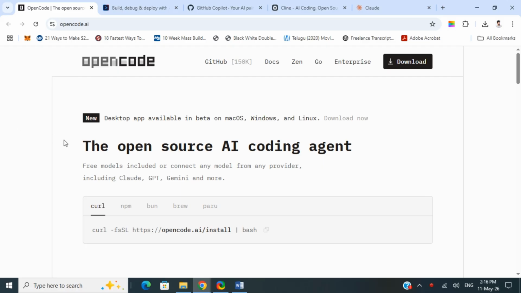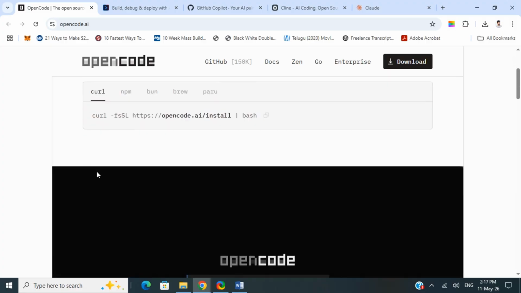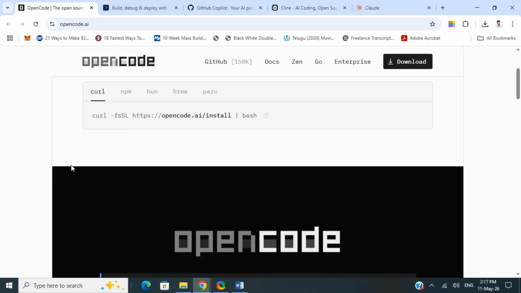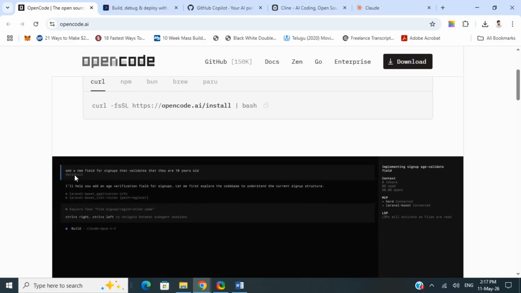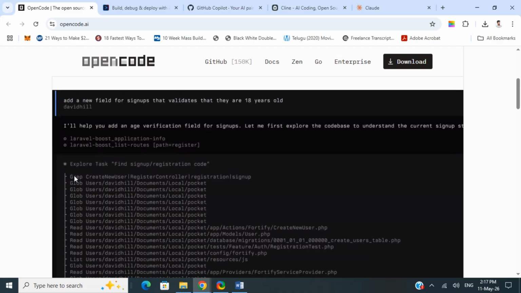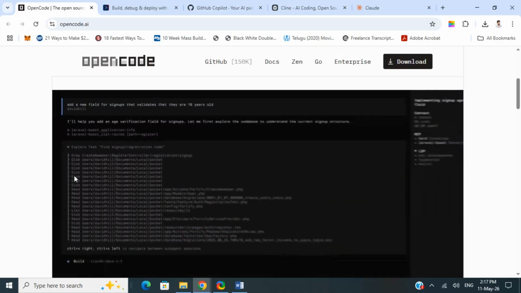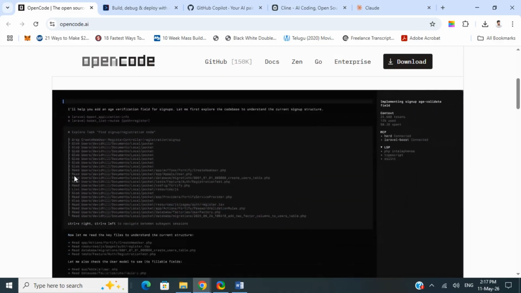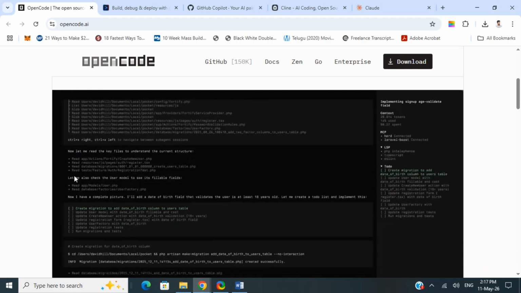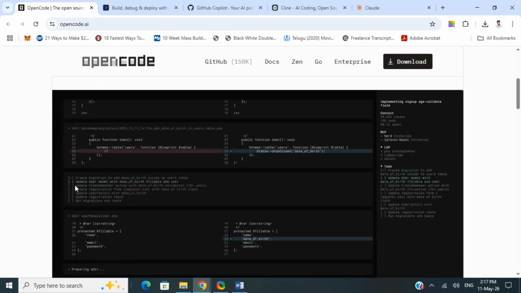OpenCode is actually an open source AI coding agent, as you may know. It is designed for developers who live in the terminal. It can read repositories, edit files, run commands, execute tests, and connect with multiple AI models like ChatGPT, Claude, and Gemini. Think of it as a developer-first AI assistant with maximum flexibility and minimum